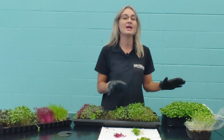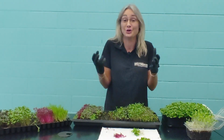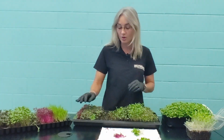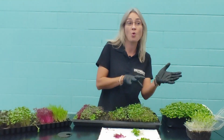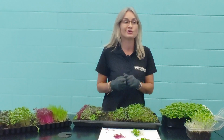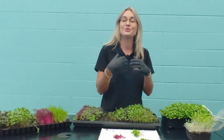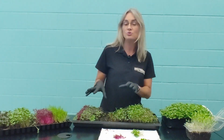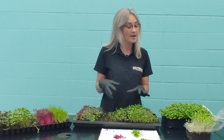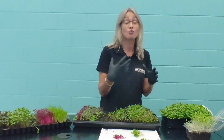We can use it as an indicator, but also keep in mind that when you decide to harvest, it's up to you as the eater, right? And so you can harvest at a more immature stage. Some people prefer more or fewer cotyledons or true leaves as a taste preference, but it also has to do with yield, right? So the earlier you harvest, the lower volume of yield you will get per the seeding area. If you wait a little bit longer, you'll get a little bit more yield, but you may run more risk